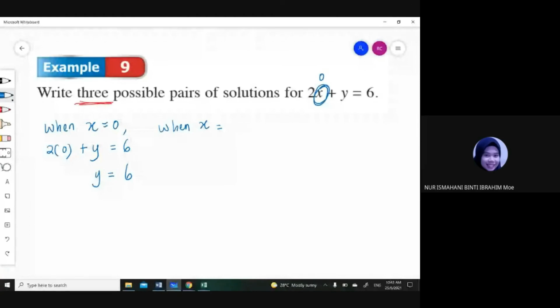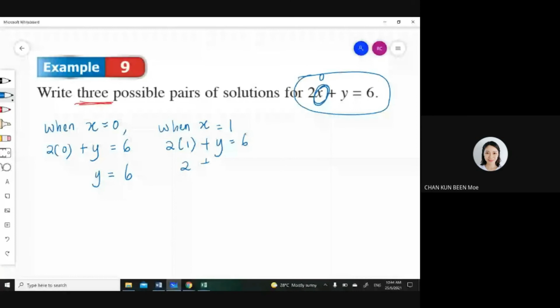1. Okay, if the x is 1, meaning it will be 2 times 1 plus y equal to 6. You need to follow the equation given. So 2 times 1, 2 plus y equals to 6. Now, how do we find y? We have to move. Move what? Only y remains. So I have to move the 2 to the right. So it becomes 6